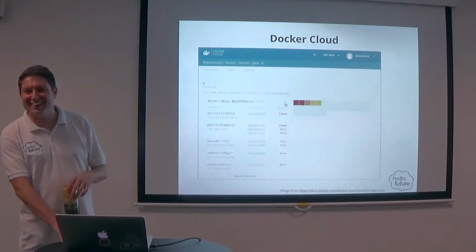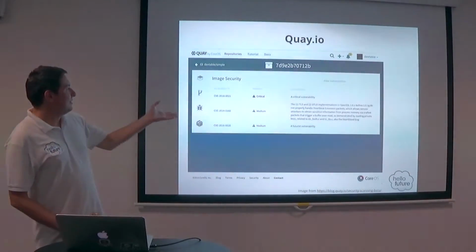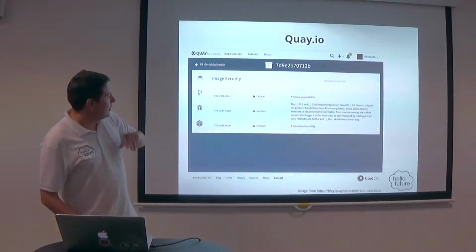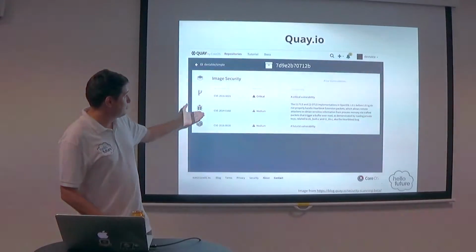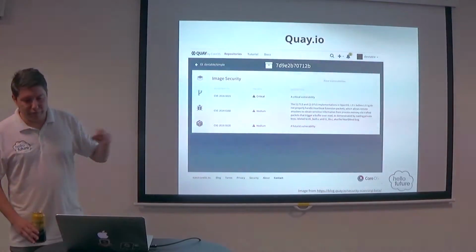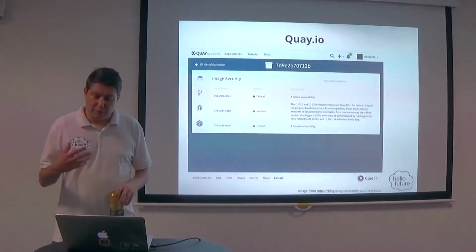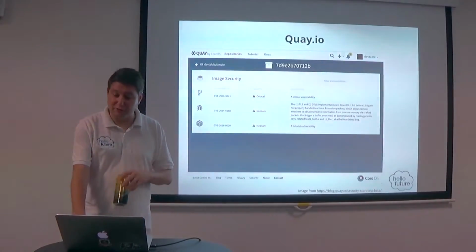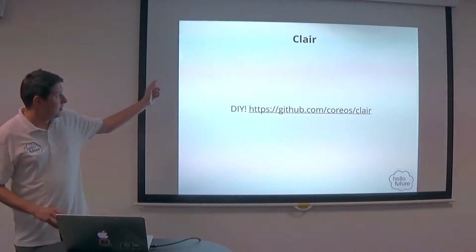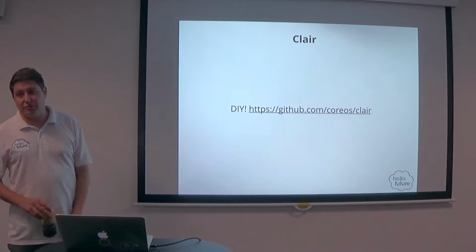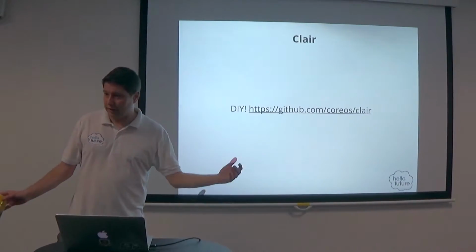I know, one day. Right, the Quay one, they have a very similar thing. As you can see, it's pretty much the same, but they have a much better feature, which I'll mention in a minute because it's on a different slide. And the Clair one is just, you do it yourself, you download it, you run it against your containers and